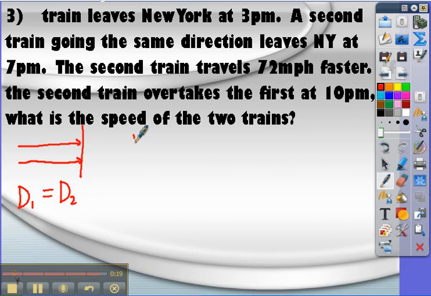So let's fill in what we know. The rate of that train, I don't really know, so I'll leave it R. And the time, well, it left at 3, and we're talking about the time that it takes